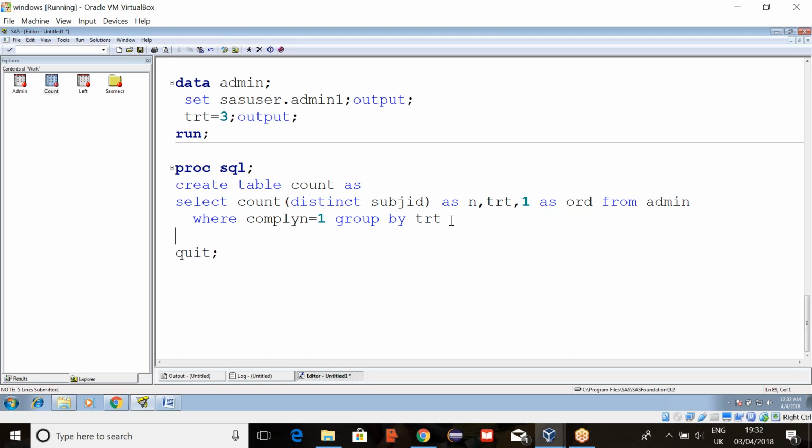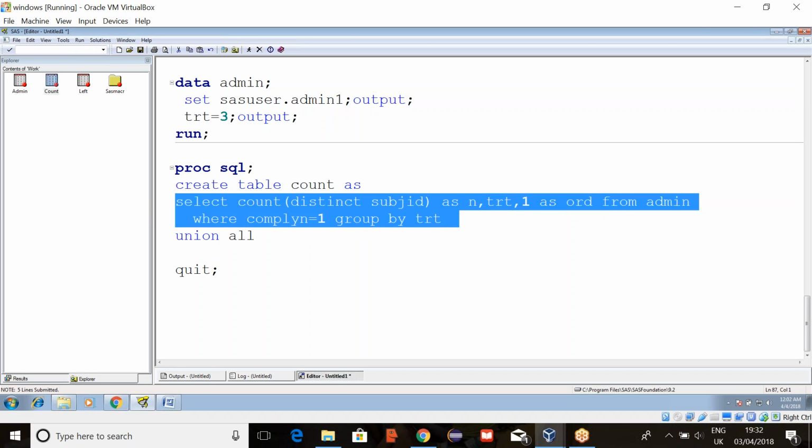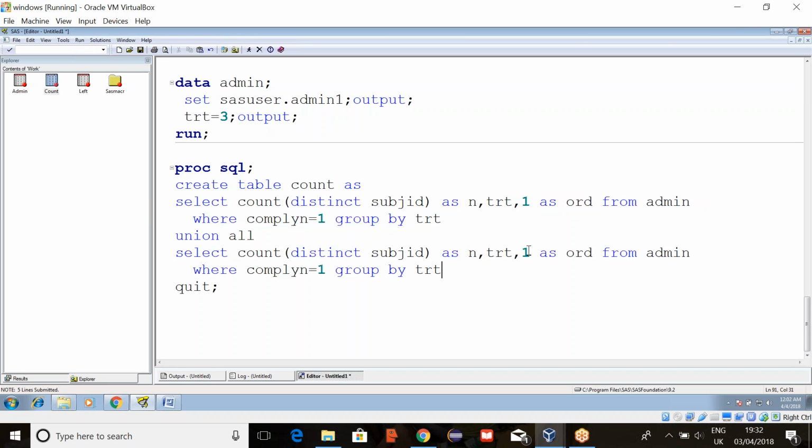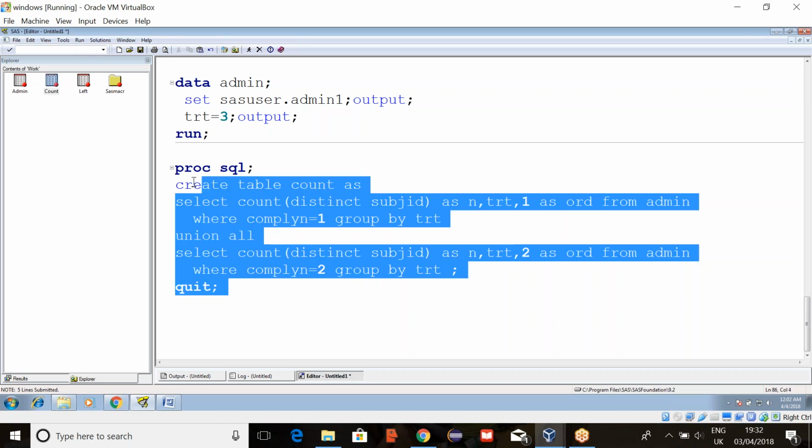We can use union all, and now again do the same thing, but the second time it is who discontinued, 2 as ORD, and here it is true. Now remember, always give the semicolon only at the end.